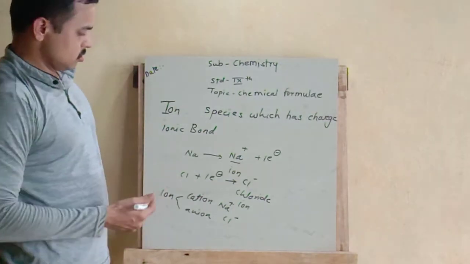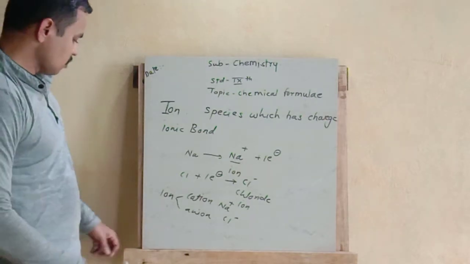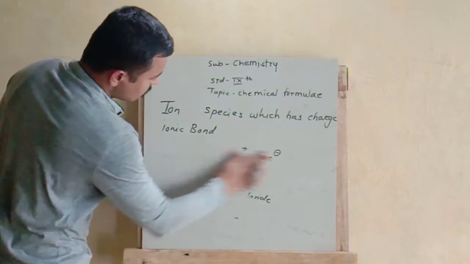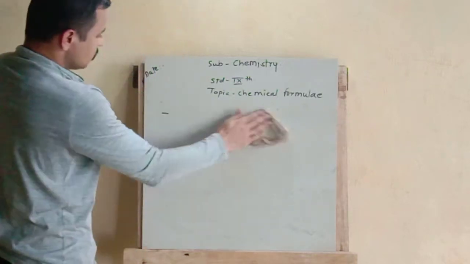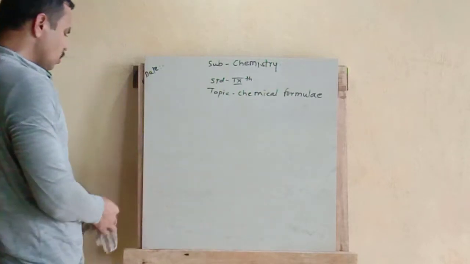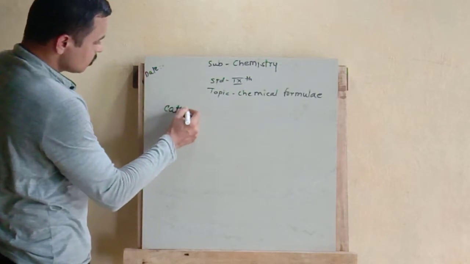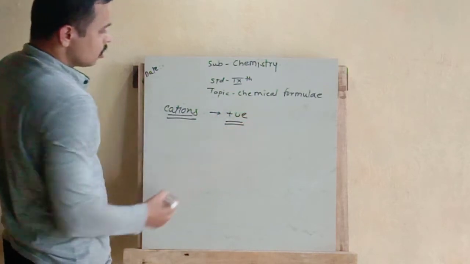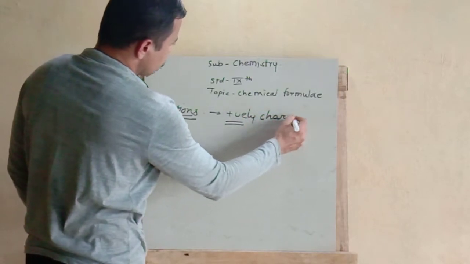Now I will give you some examples of cation and anion. So cations are, it may be positive charge, that is correct, but along with the positive charge it may be plus 1 charge, plus 2 charge and plus 3 charge. Depending on that, it can be classified further. So cations are having positive charge. So positively charged species are called as cation.